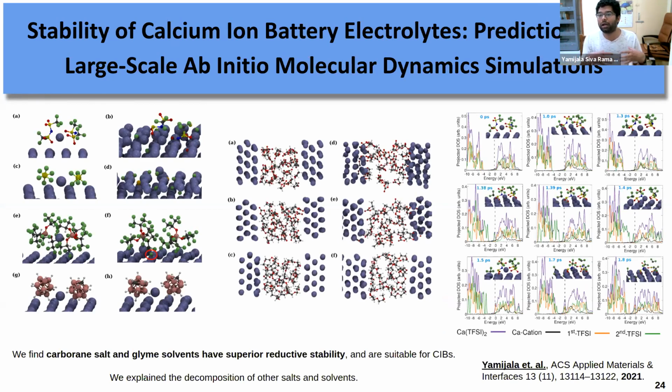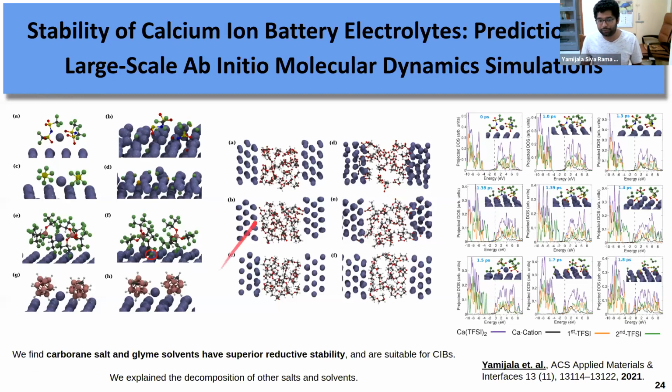So calcium ion batteries are multivalent ion batteries that have the potential to replace lithium ion batteries. And due to the very high reducing power of calcium, currently there is a lot of research going on in order to predict the proper salts and solvents that can stay intact on the calcium surface. Because of its high reducing power, the majority of salts and solvents will decompose on this calcium surface. So we have studied 4 salts and 3 solvents, and we find that the carborane salt shown here and the glyme solvent are 2 of these salt and solvent combinations that can stay undissociated